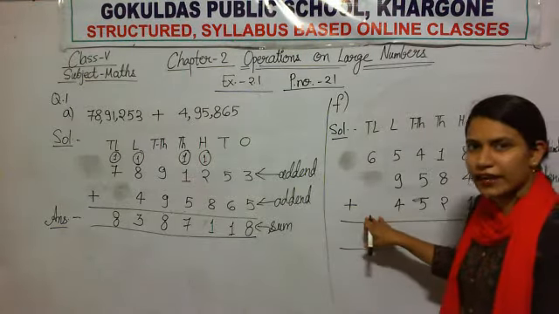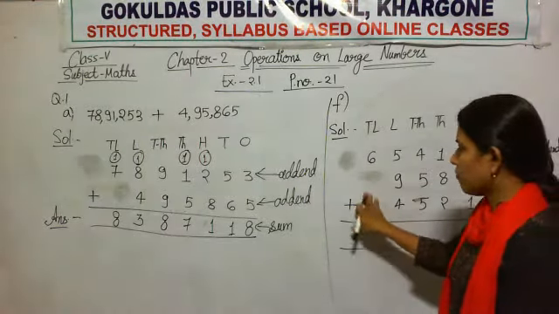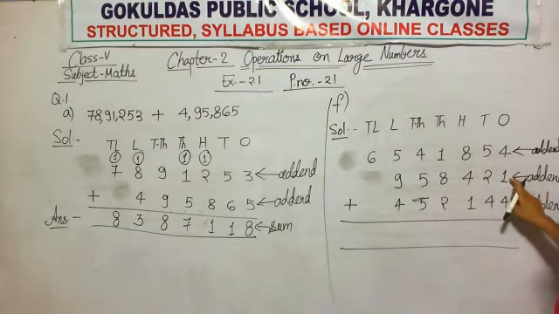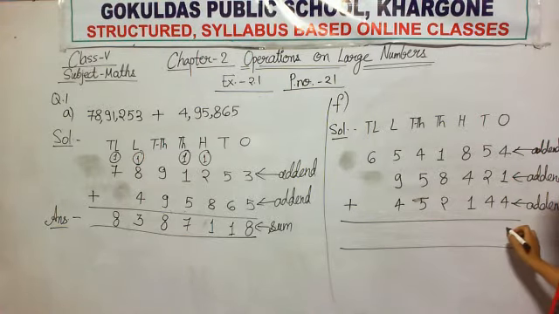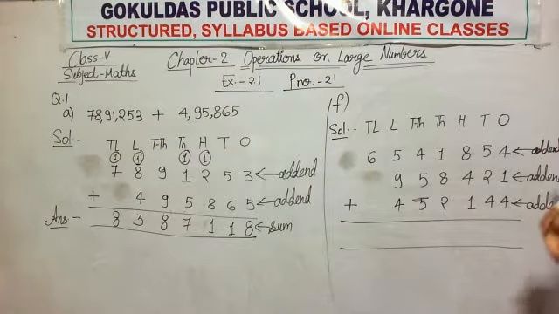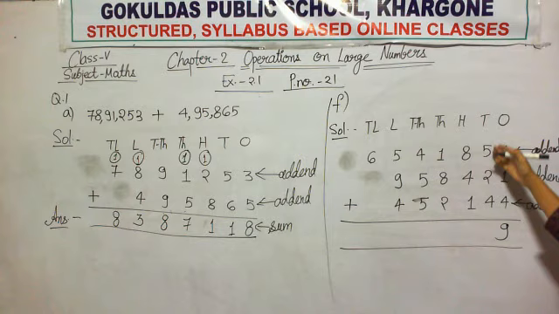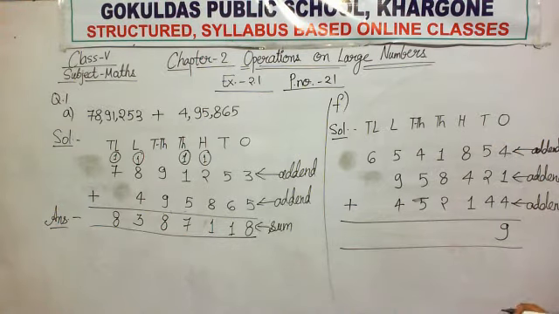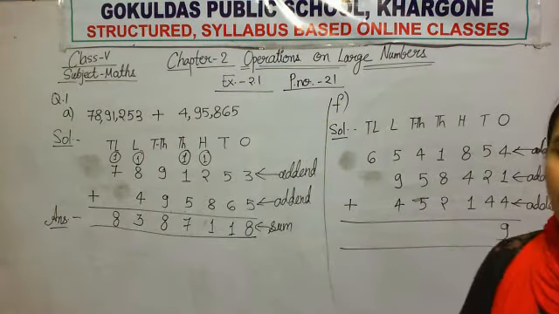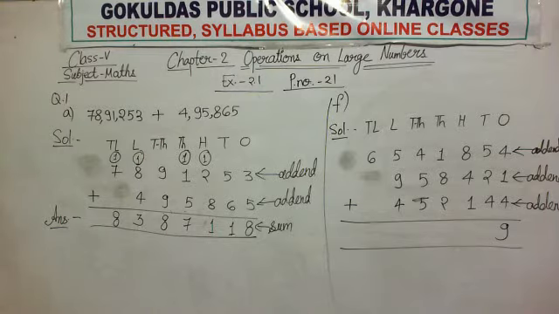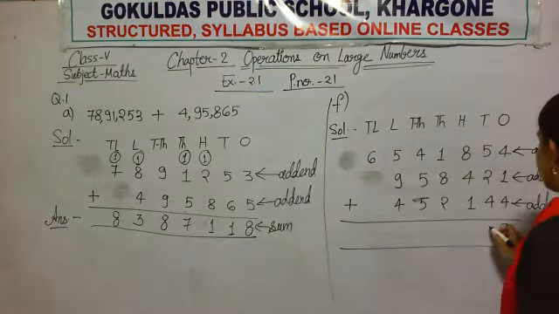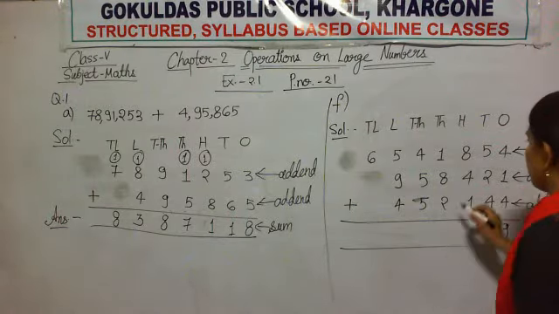4,552,144 is our last addend, so I am putting the plus symbol to the left of this number. Now add from the ones column. 4 plus 1 is 5, 5 plus 4, count fast, 9. Good. Now add the digits in the tens column. 5 plus 2 plus 4, add fast, 11. So 1 here and 1 is regrouped with the next column.